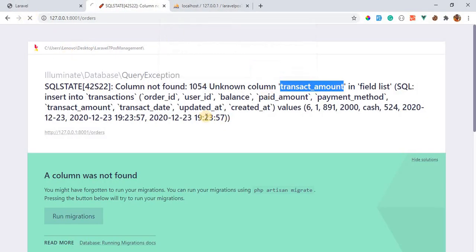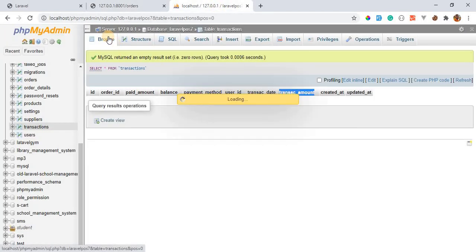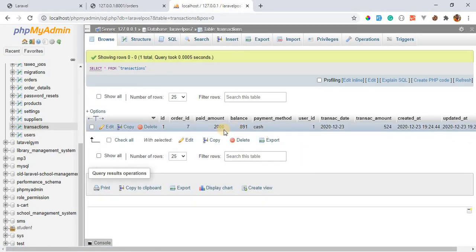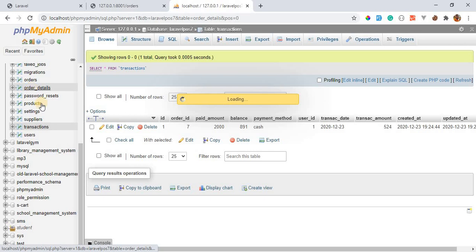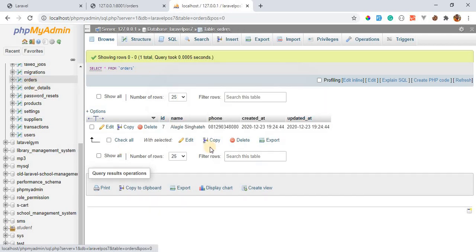Hit this up and it saved successfully. Okay. It saved successfully, right? So come here, refresh this page. You see now we have our data inside our database. Okay. And if you go to other details as well, you see we have all our orders there. And come here and we have all our orders. Everything is coming back. Okay. So